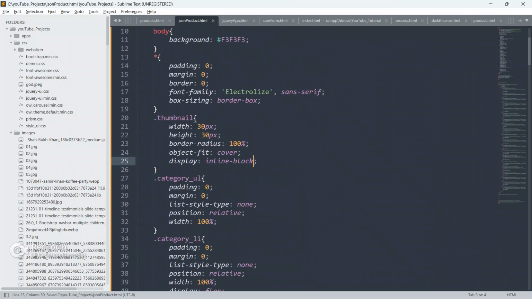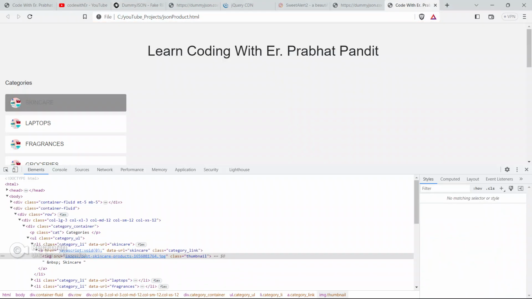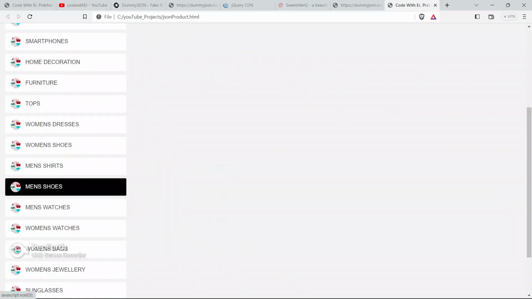So we just have to put display as inline-block. Save your code, go to the browser and refresh your page.